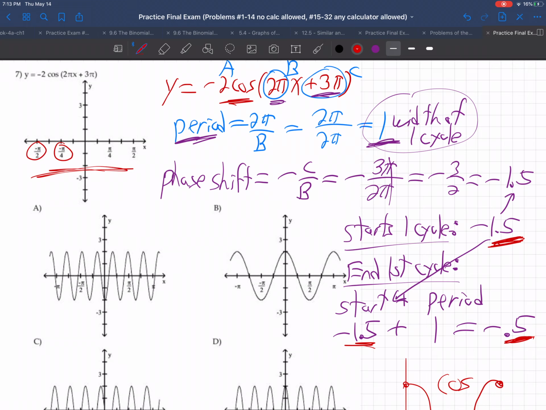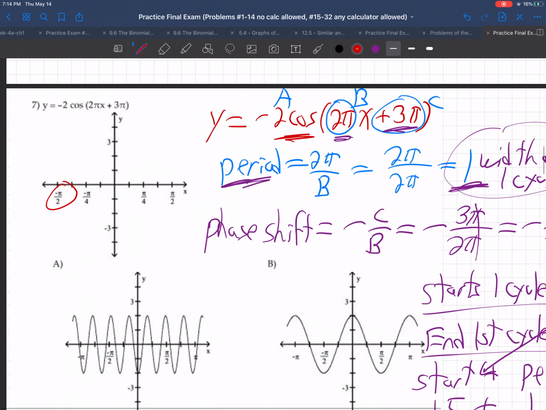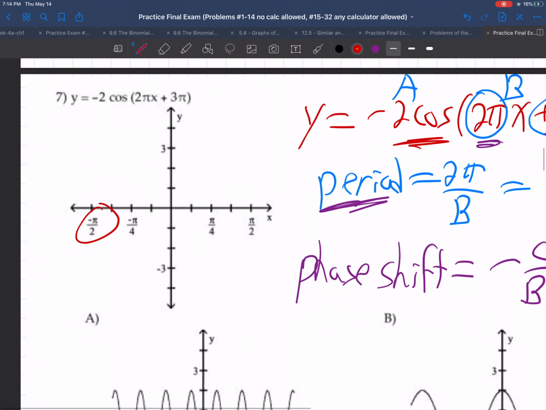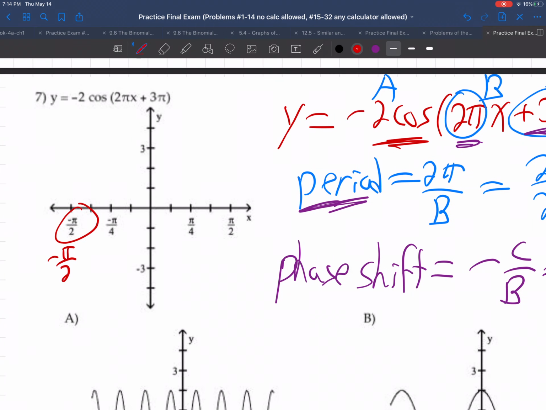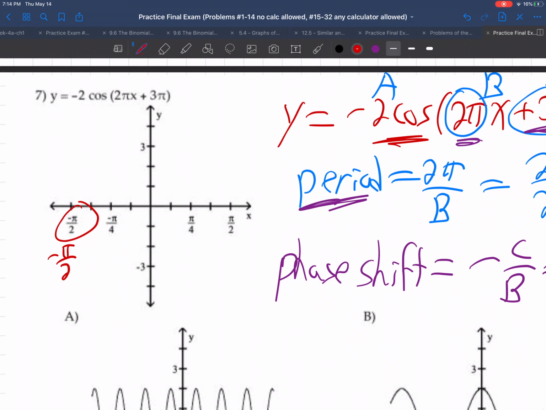Well, think about what negative 1.5 is. Think about what pi is. How about that? Let me make this a little bigger for us. This is negative pi over 2. What's pi? It's about 3.14, isn't it? So that's negative 3.14 over 2, or let's just say negative 3 over 2. That's about negative 1.5, isn't it? Because remember, pi is about 3.14. So pi over 2 is half of 3. Half of 3 is 1.5. So this is about,